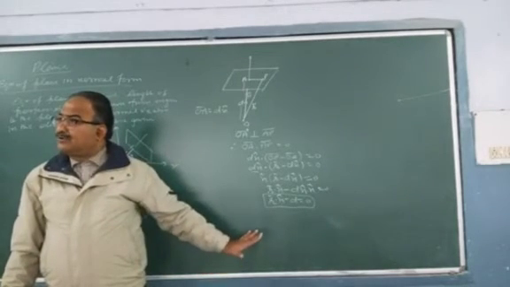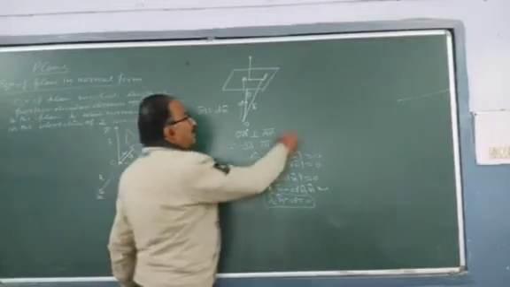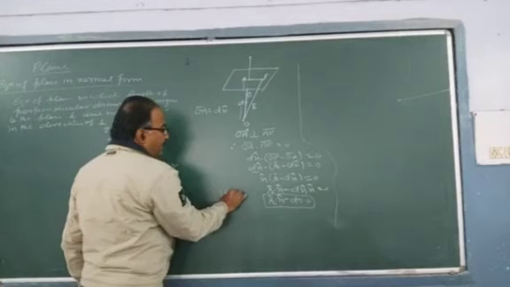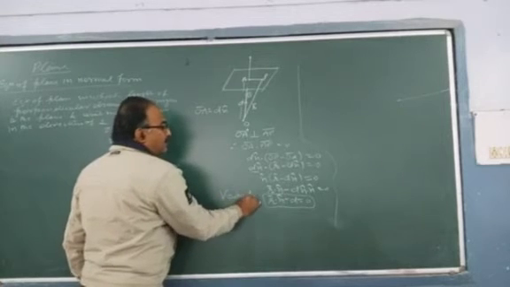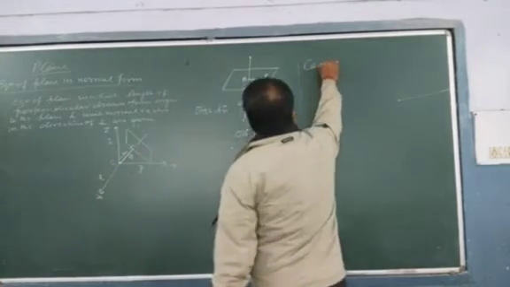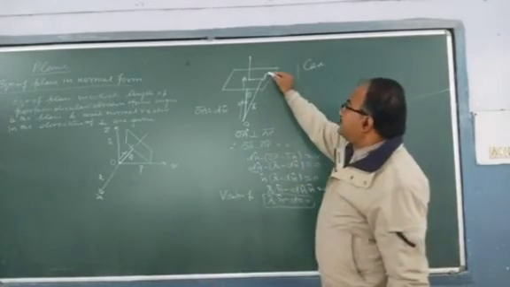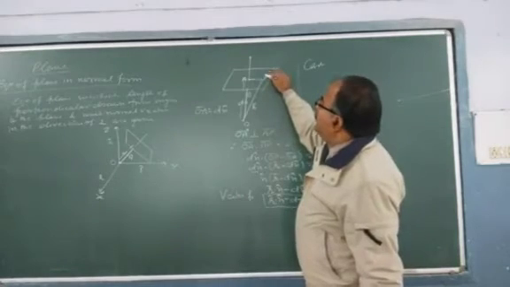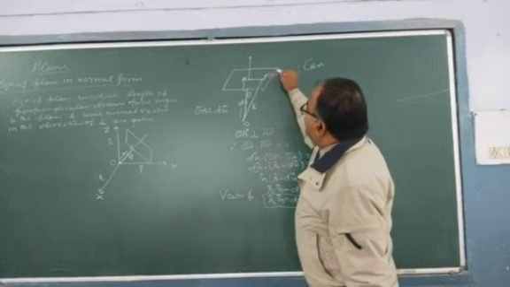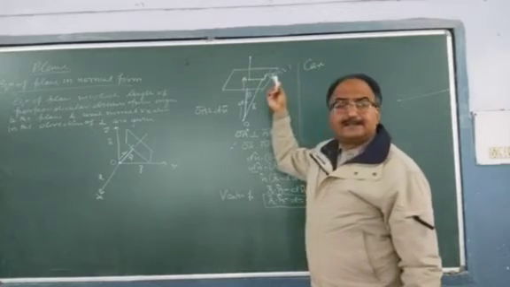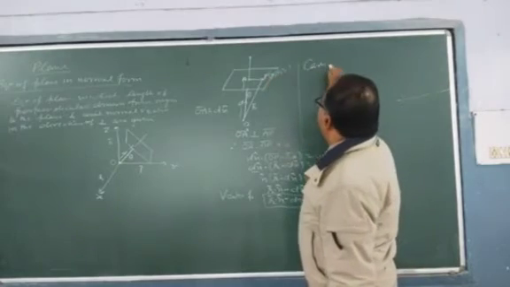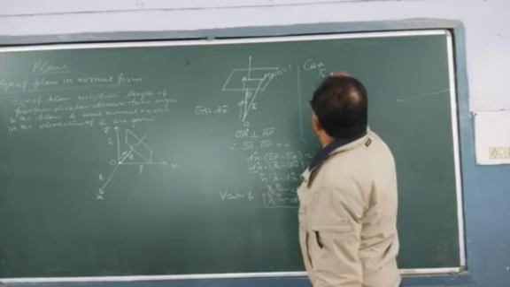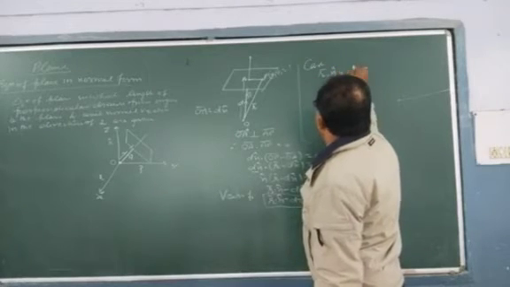Any doubt in this, anyone? Now we want to convert it into the Cartesian form. This is the vector form of the plane. Now the Cartesian form. In Cartesian form, r is a general point, a general vector. Now the general point is (x, y, z) in the 3D system. So what are the coordinates of r? r dot n cap is equal to d.